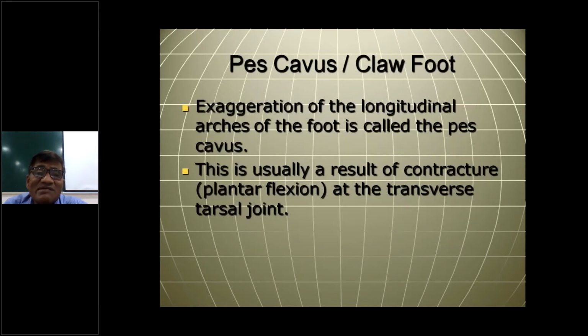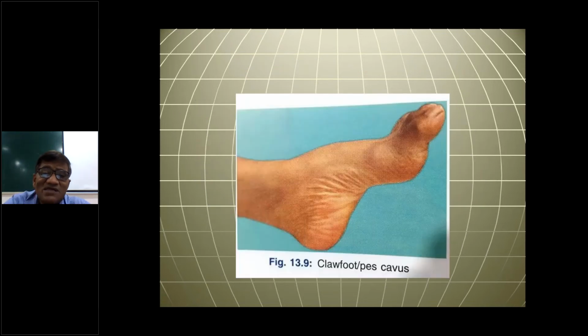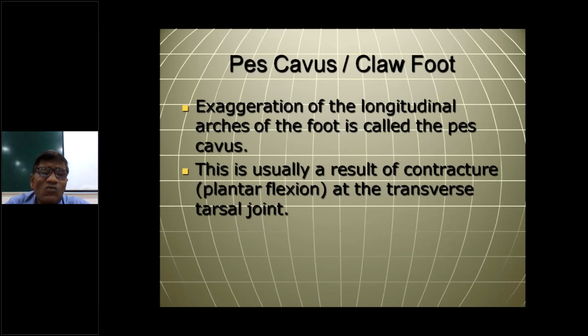Now another condition, the reverse of this, where the arch is exaggerated, that is called pes cavus. Exaggeration of the longitudinal arches of the foot is called pes cavus. If you see the picture, the arch looks even more dramatic, more than normal. This is usually a result of contracture,